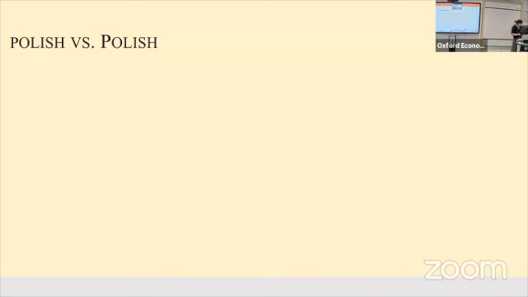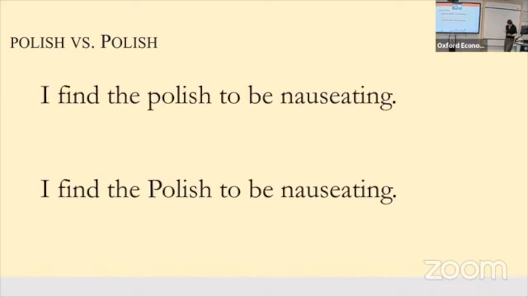Okay, so suppose I'm interested in how people react to two sets of memos I give them. You might see where this is going. We can think of it as a randomized controlled trial. I give some of you a memo of type A, and I give some of you a memo of type B, and I want to know, how does capitalization pattern or something affect your reactions to my memo? That's a totally fair audit study. So I write these two sentences on my memos. I give group A the first sentence and I give group B the following sentence,